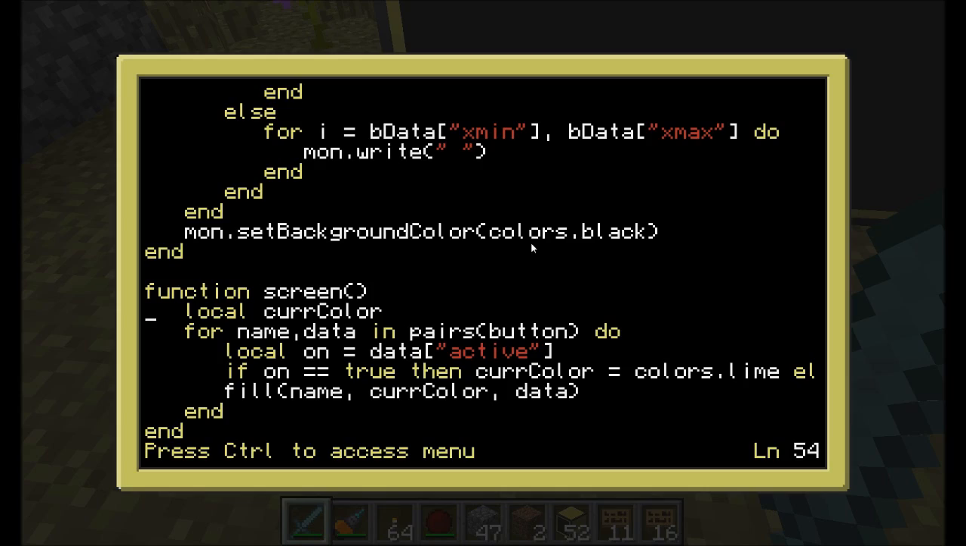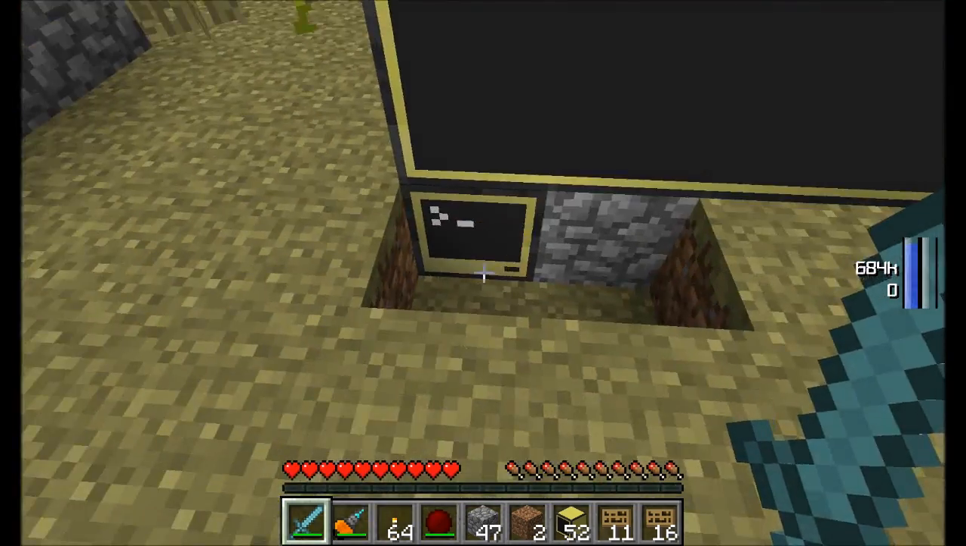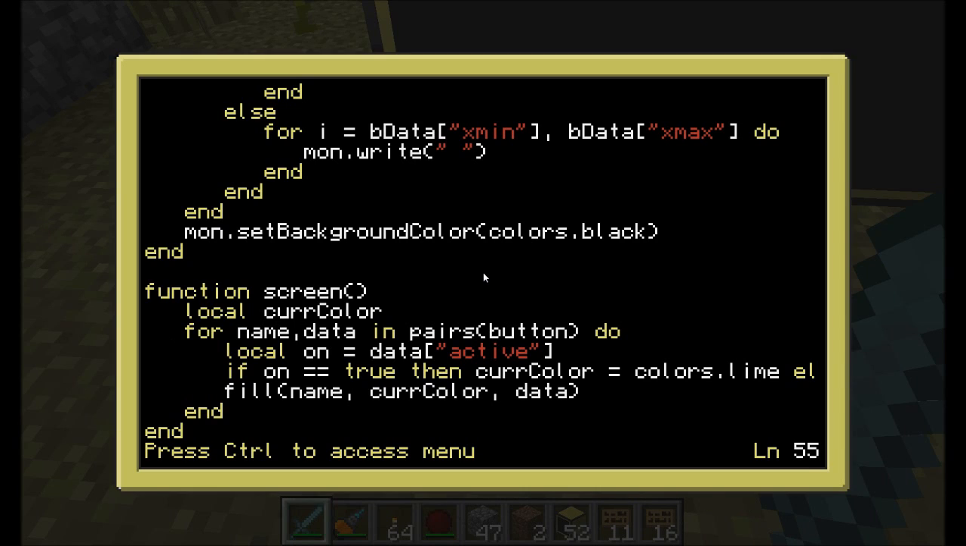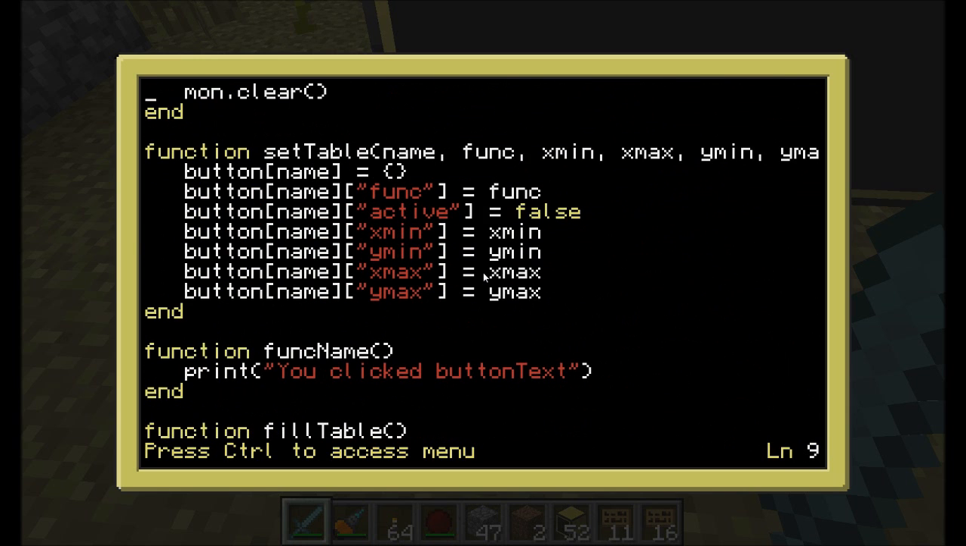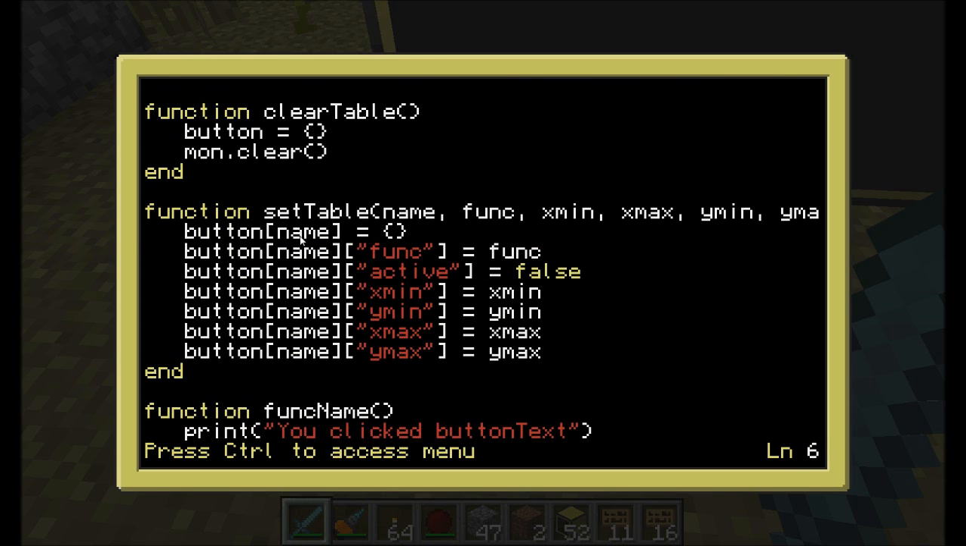What screen does is it actually populates everything on the screen. So what we do here is we go through all the names and all the data that's stored in that pairs of the button. So it goes through all the buttons we have, and it gets the name of the button and all the data that's contained in the button. So that is all the way up here. We can see it is the name. So this piece of information, and all the data, which is all these lines as well,